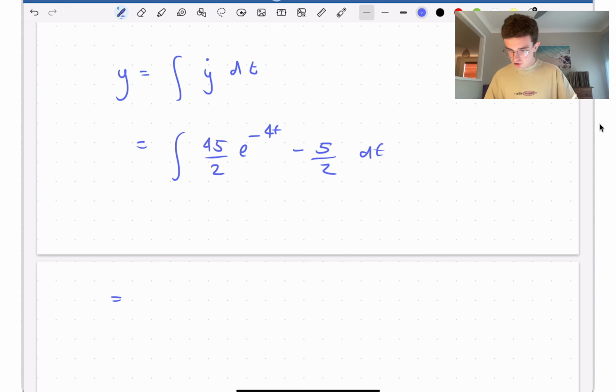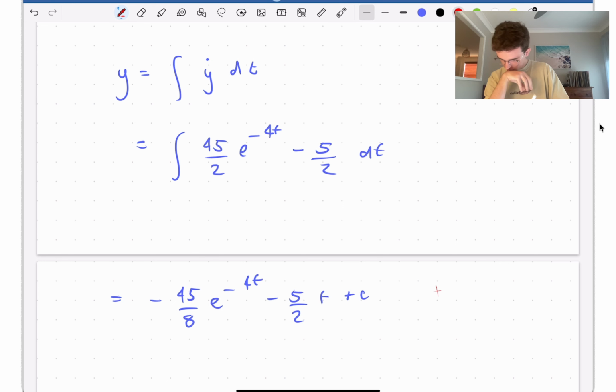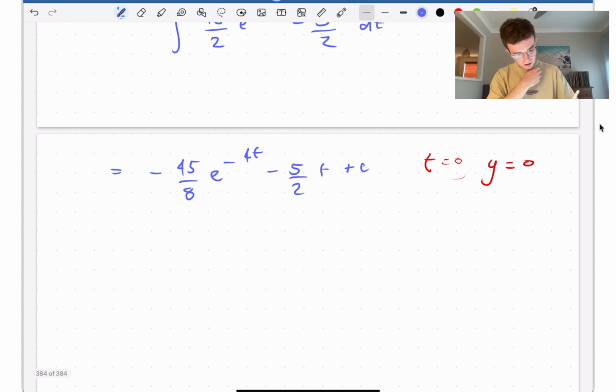Now 45 on 2 divided by 4 is 45 on 8. So minus 45 on 8 e to the minus 4t, minus 5 on 2 t, plus c. Now we know that when time is equal to 0, y is equal to 0 because it starts at the origin. So 0 is equal to,